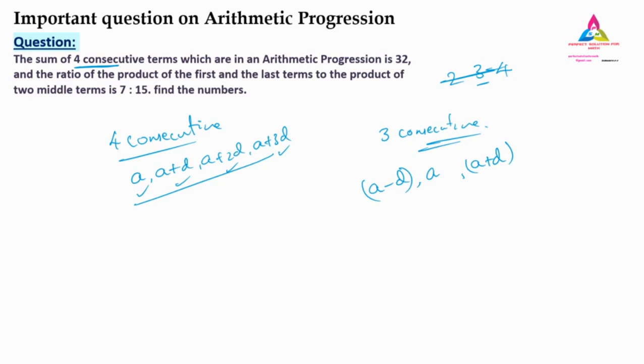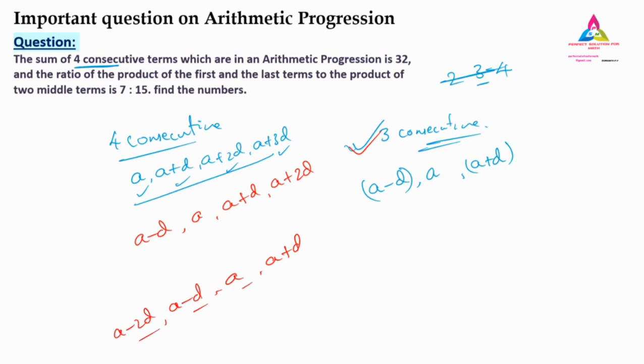Some of the students will go with the three consecutive terms I taught previously and think, sir, we can go this way: A, the previous one is A minus D, and the next one is A plus D, and here three terms are over. So the fourth term we will take as A plus 2D. Or some of you will think we can go A plus D, A minus D, and again the previous term. These four consecutive terms, or these four consecutive terms, we can take, you may ask. But if you go this way or this way, it will be a lengthy part. Remember, it will be a lengthy part.